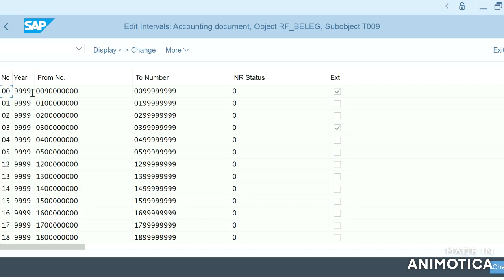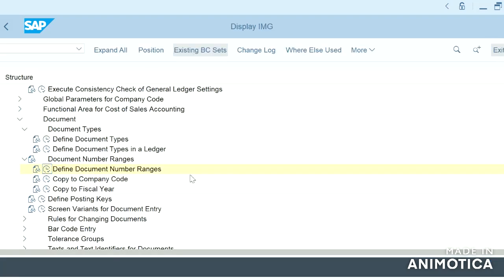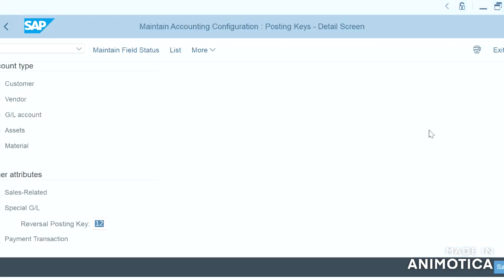If we specify a specific year in this number field, then we have to update our number ranges, so this will be a year-end activity. We can even copy number ranges to the fiscal year.